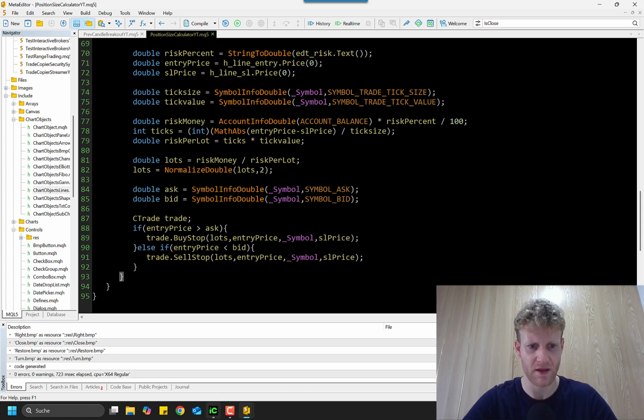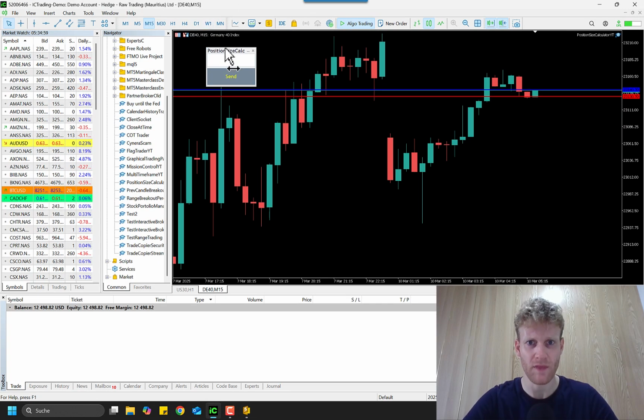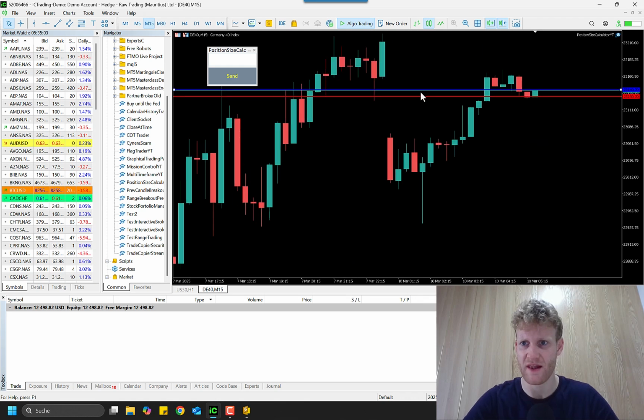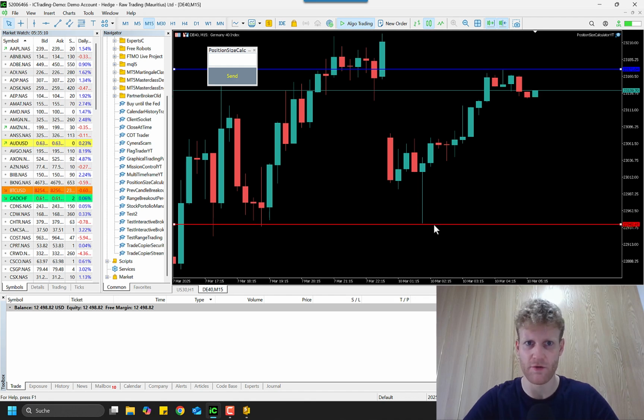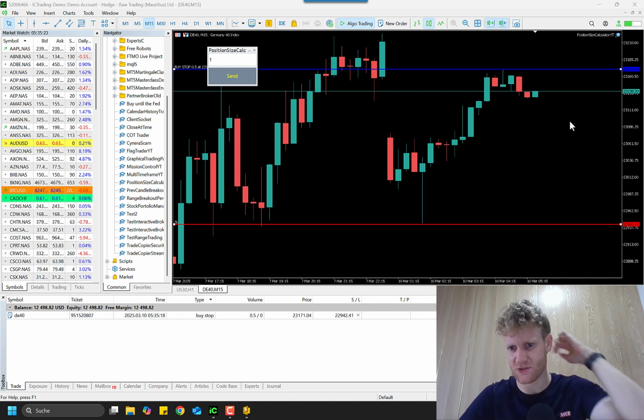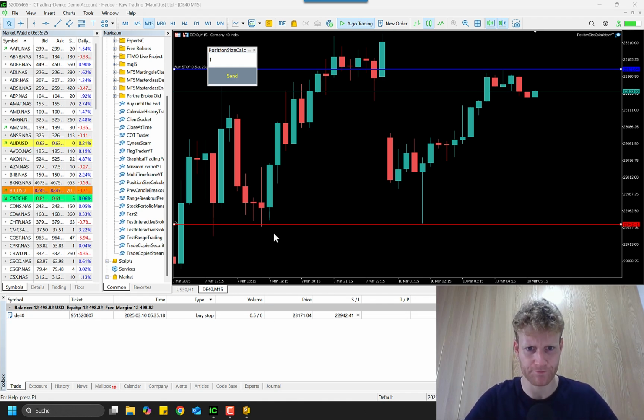Let's compile, go to our program, and now we have these lines. So let's rearrange the lines a bit. This is our entry line, this is our stop loss line. Let's put the stop loss, I don't know, here maybe, and then we want to risk 1% of the account, which is 120 euro here. So if I click sell, it will place the order, and the order is placed with 0.1 lot, and I have no idea if the calculation is correct here,